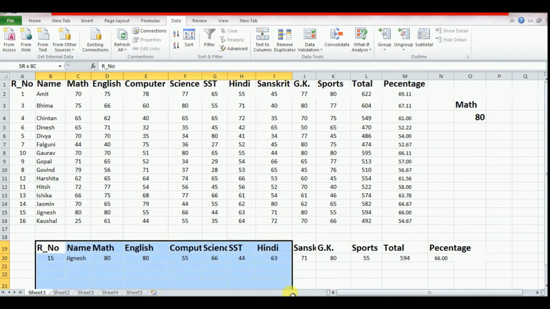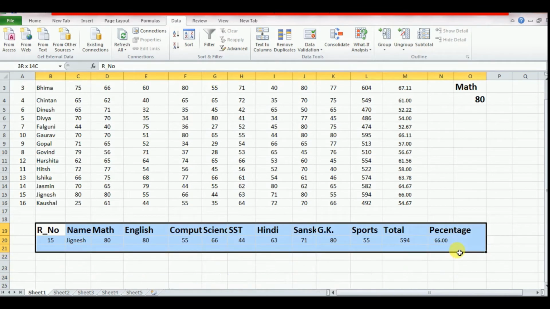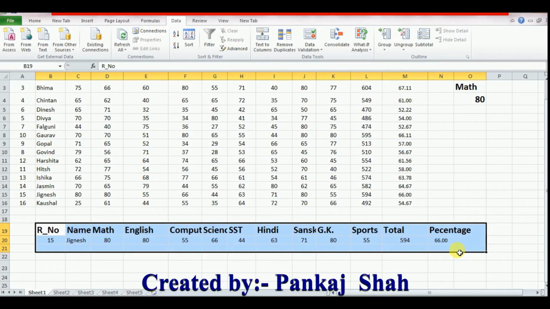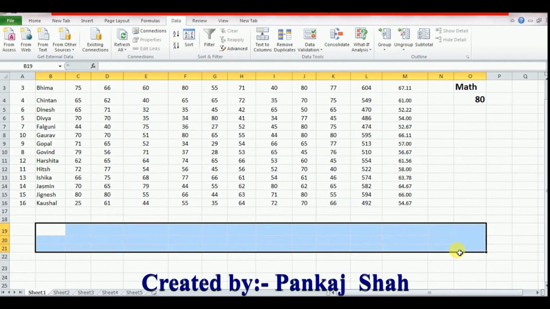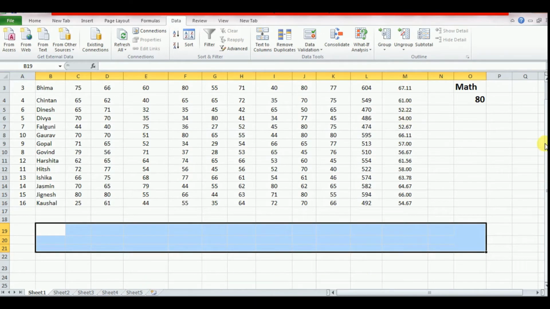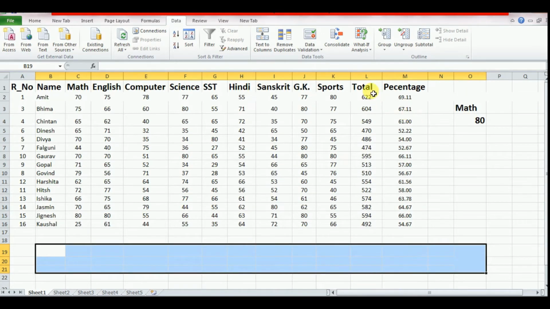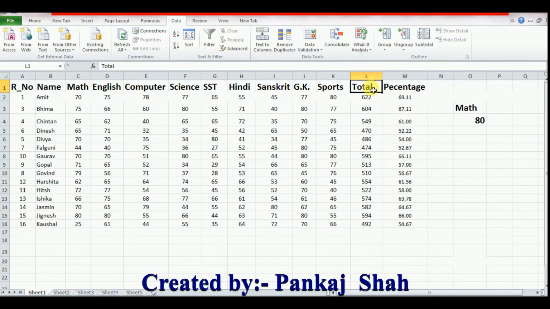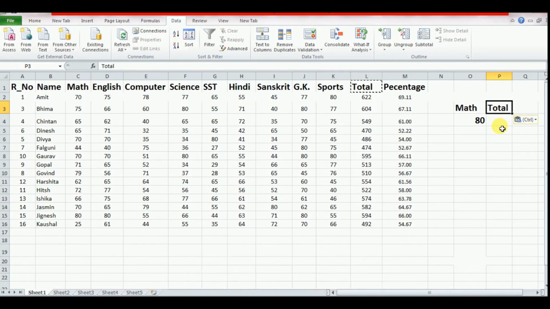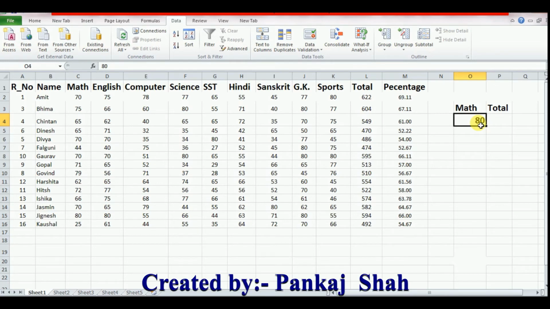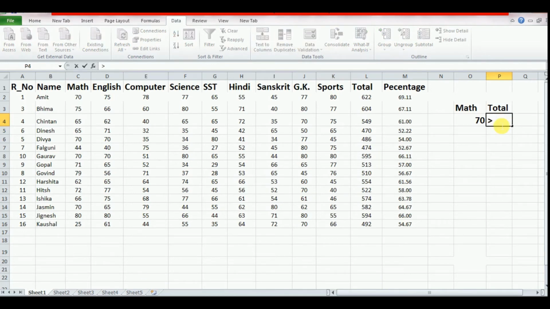Now let's see multiple criteria. How can we implement multiple criteria? We just remove this. Now for multiple criteria, I just add one more column here, for example, total, and change the criteria: 70 marks in maths and total should be greater than 595.